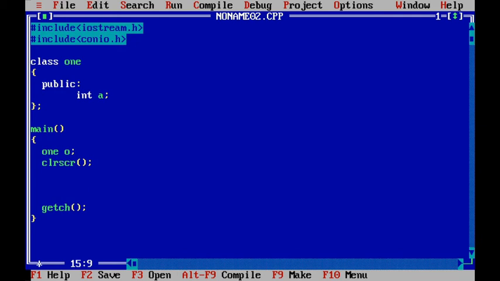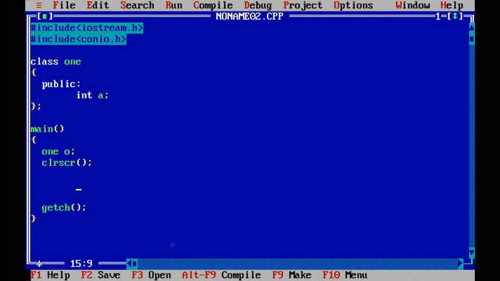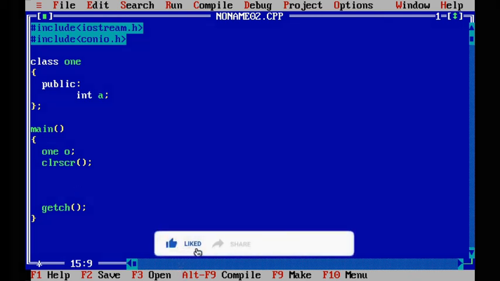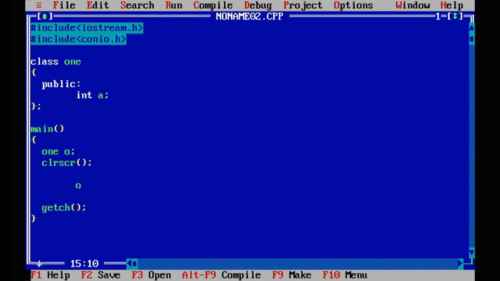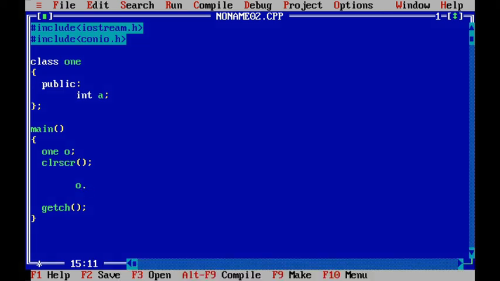To store some value into A, which is a data member of class1, we have to use object O. Through O we have to access A, but between O and A we have to use the dot operator.